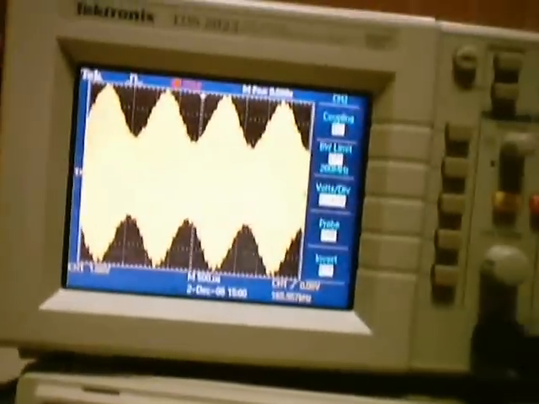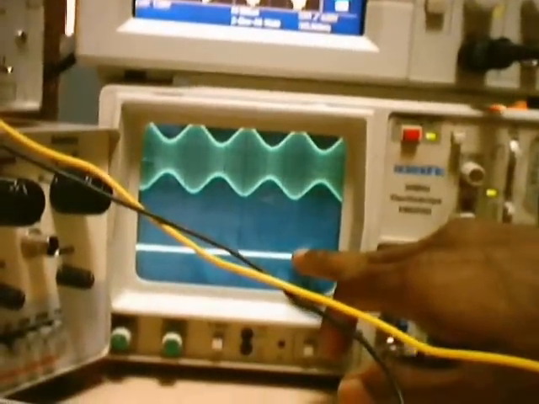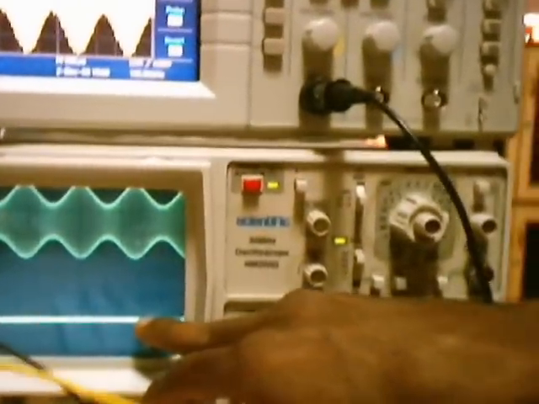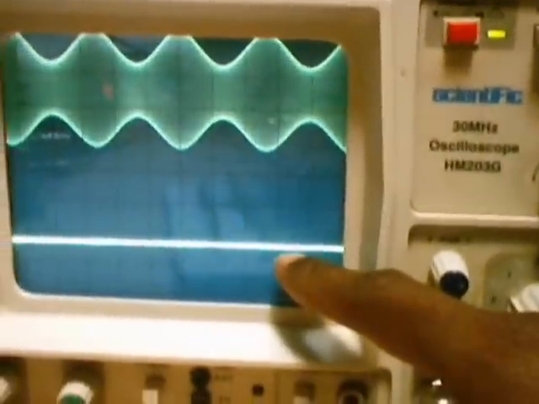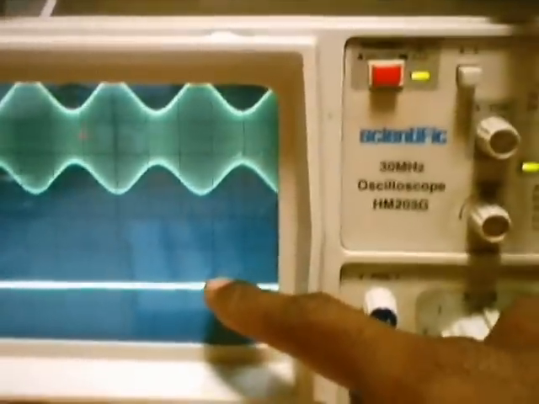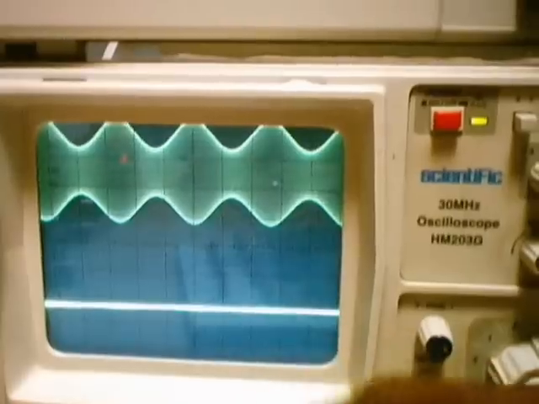So here you are seeing two waveforms. One is the input to the mixer, this is the output of the mixer, which is exactly the output of the IFT. So the output of the IFT happens to be very less here. Now why is it less? Because it is not tuned to the input carrier frequency, it is not there in the tune frequency of the IFT.